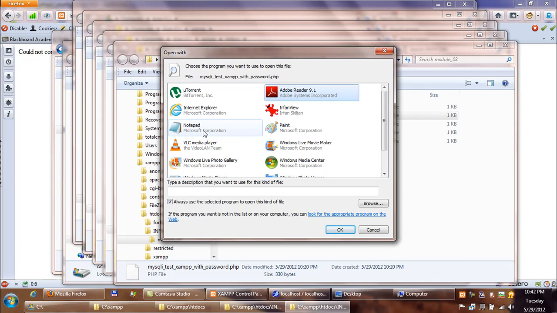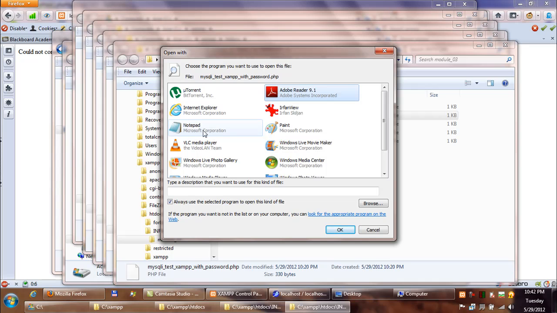If you have that, if you want to use that advanced text editor to edit your PHP files, select that. If you don't have an advanced text editor, just select the basic text editor that comes with Windows,